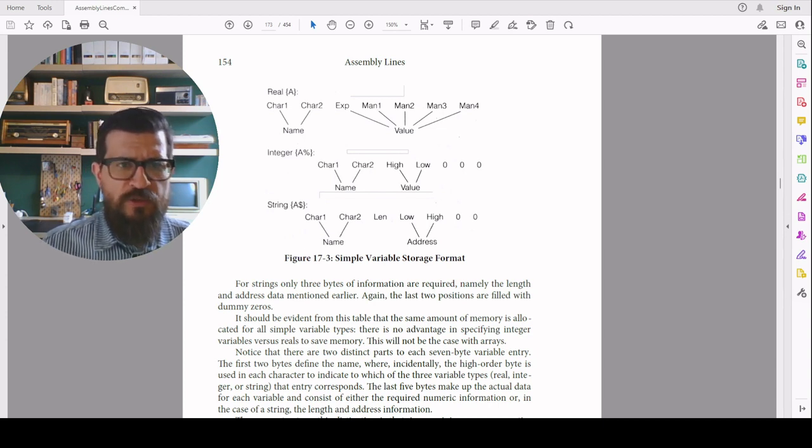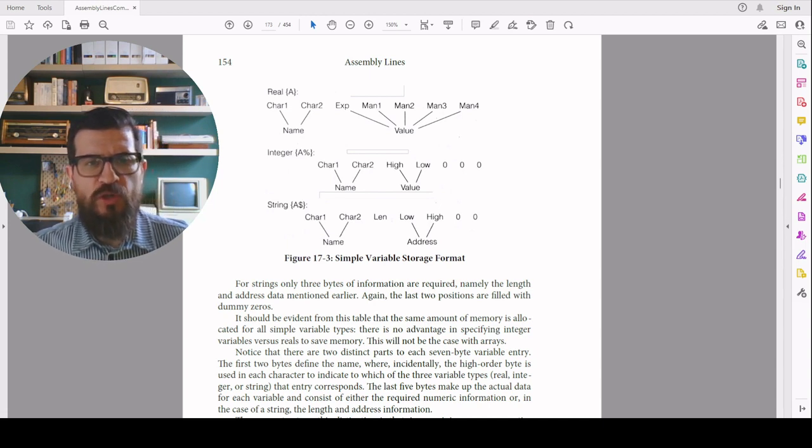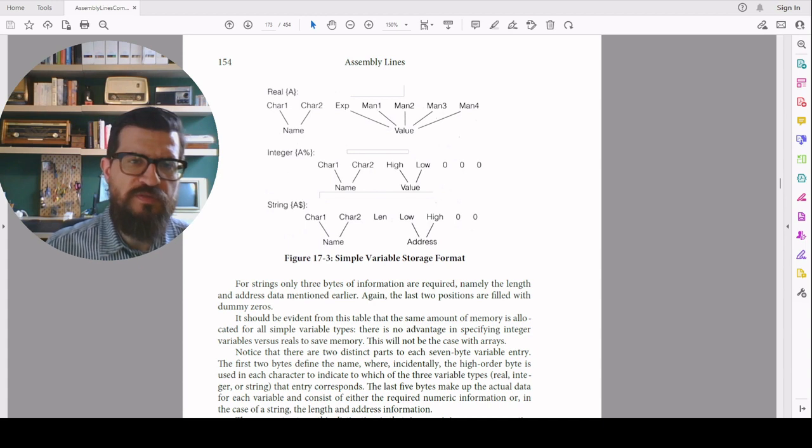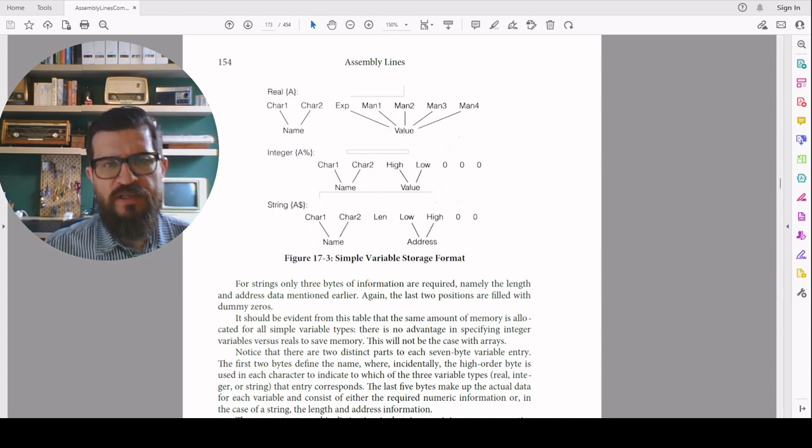So here you see a page from the assembly lines book that shows you the entries in the variable table. So in memory, we have a table with all variables in our program. And the three variable types that we have in Applesoft BASIC are string, integer, and real numbers. Real numbers are basically floating point numbers. So starting from bottom to top,